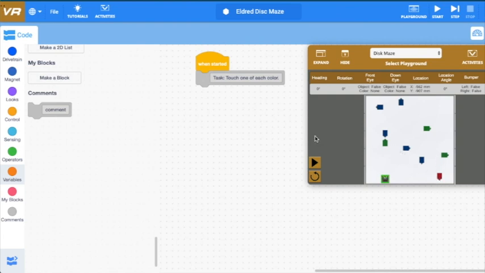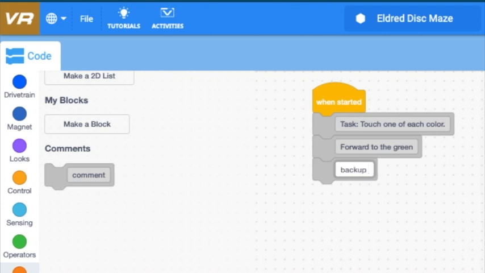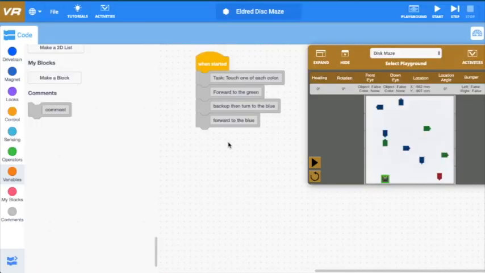I'm going to break that down. So I'm going to go forward. I'm just going to do that much for us right now. Well, I might not even do that much, but this is our plan, and I'm going to insert the